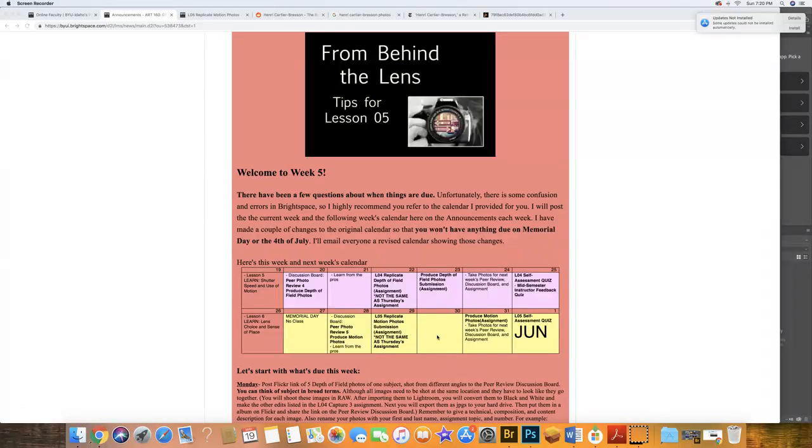One of the things that I think is a little bit confusing, since it's brand new, is the Learn from the Pros. For example, this week on Monday or Tuesday, you'll be doing your Learn from the Pros. You will find 2 artists that do stop motion and 2 artists that do motion images, and you will do your research on them. It's important that you do those here at the start of the week. You're going to save those in a Word document, but you're not going to turn those in until you do your self-assessment here on June 1st, and that will be part of your self-assessment.